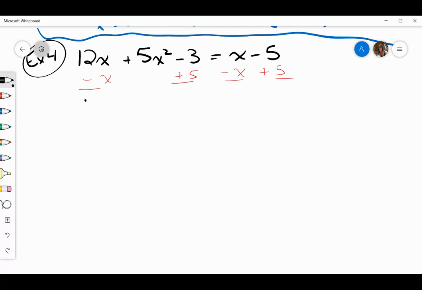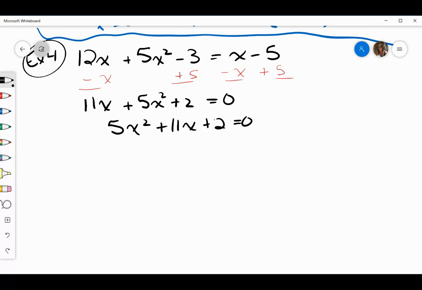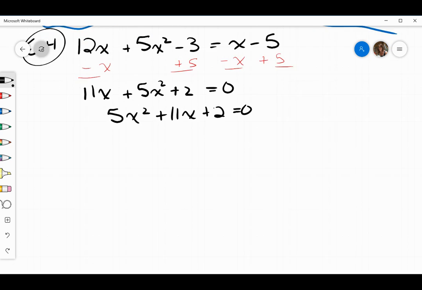So now it's 11x and 5x squared. And here, going to be a 2. And now we're at 0. But let's put it in standard form. Sorry, I missed that right here. 5x squared plus 11x plus 2 equals 0. All right, now we've got it set up so that we can go and do our work of